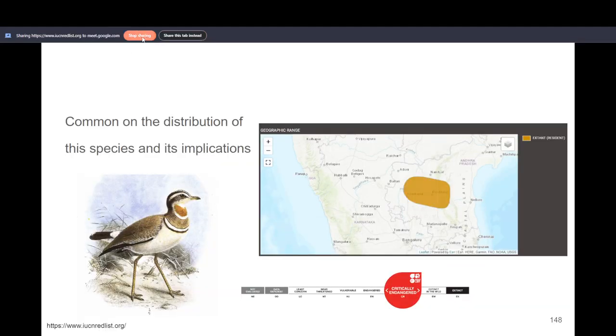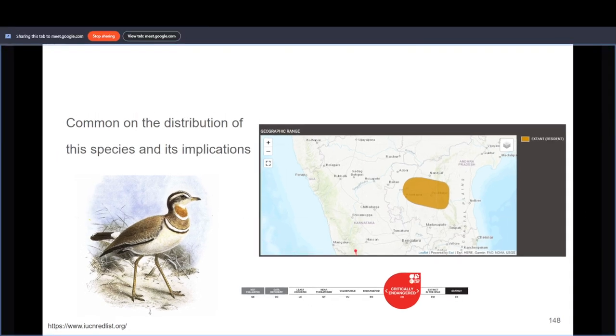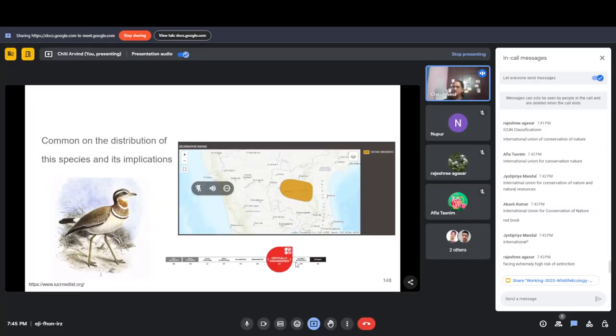So moving on to how it is declared as critically endangered, you can look up any species and their IUCN status. Yes, they are facing an extremely high risk of extinction, and the only way to evaluate this is by doing sustained studies in this particular area, right? So if people are not surveying this area due to whatever different reasons, it is going to be very difficult to find the species. And we as a lab from ICL Tirupati